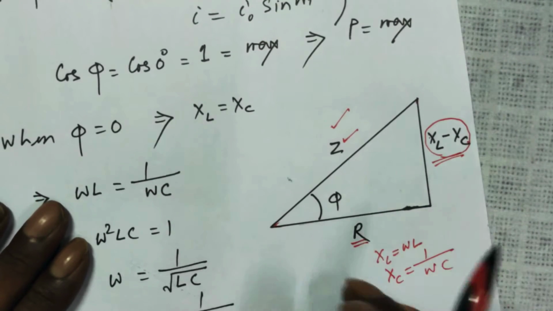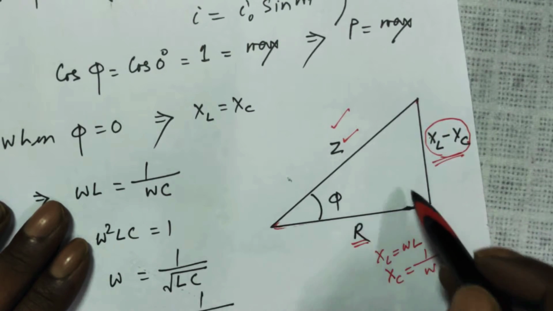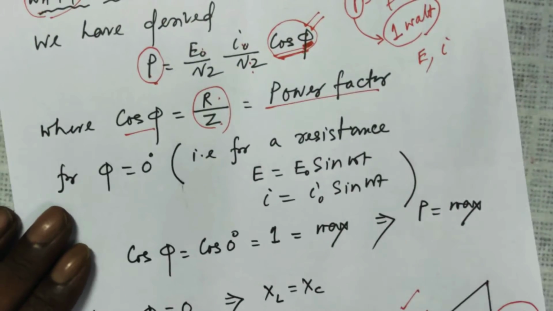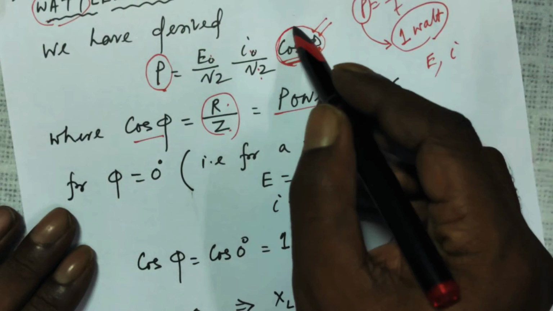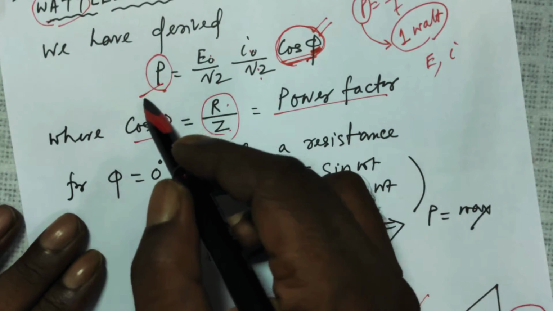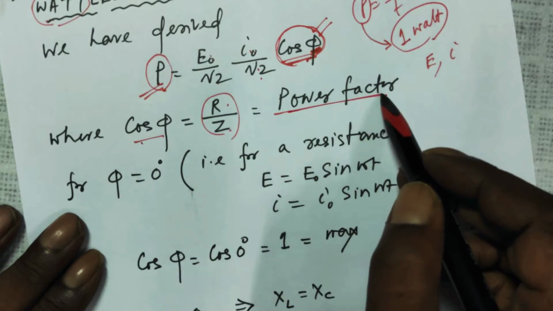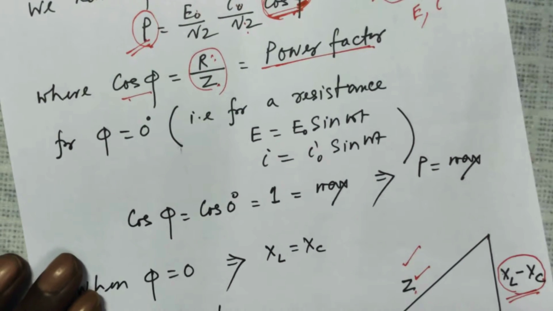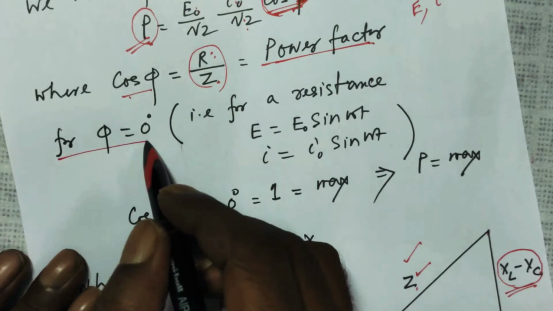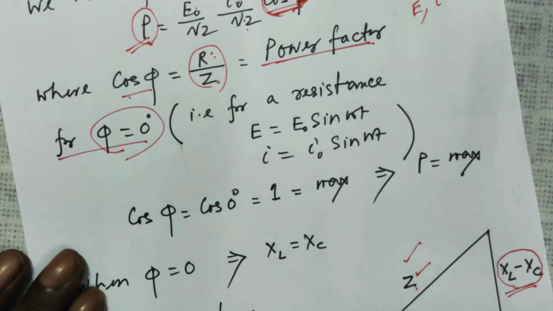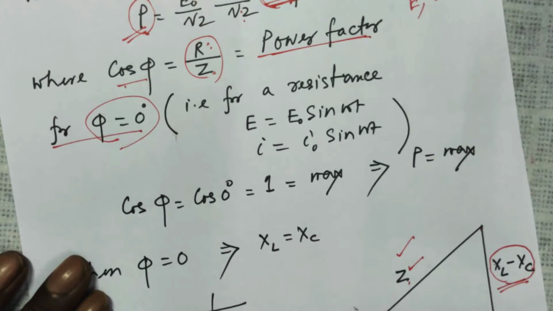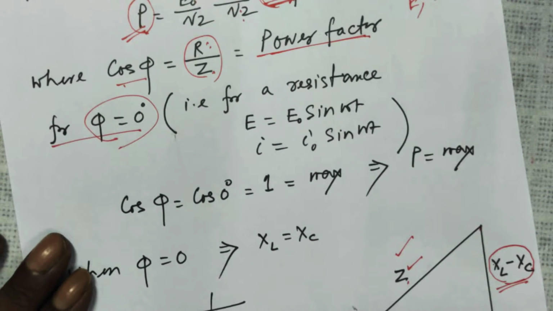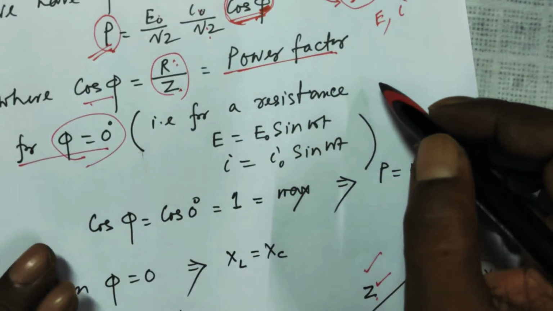Now, from here you can see cos phi is equal to base over hypotenuse. Therefore, cos phi is R by Z. So this factor cos phi, which is controlling the power, is called the power factor. It is R by Z from the impedance triangle. Now, for phi equal to 0, in which case is phi equal to 0? We had seen in the beginning of the alternating current lessons, for a circuit containing only resistance,